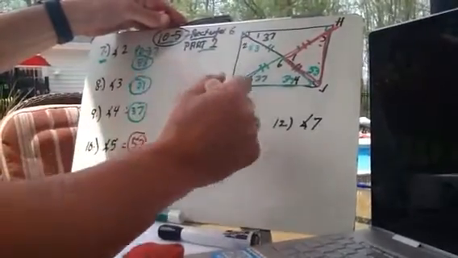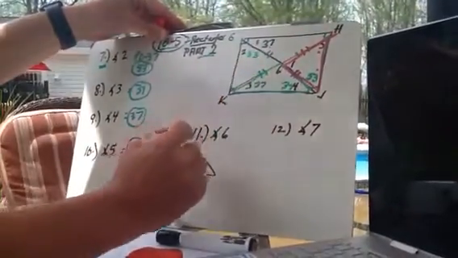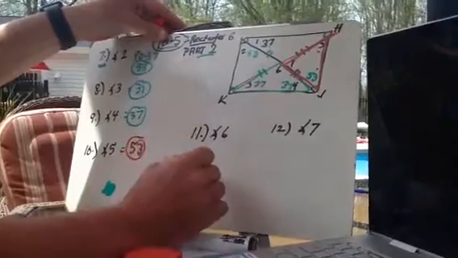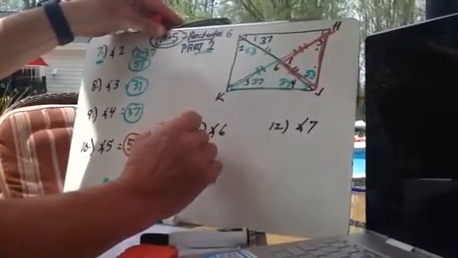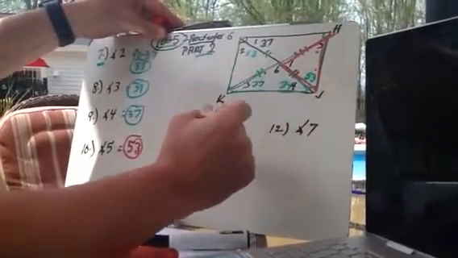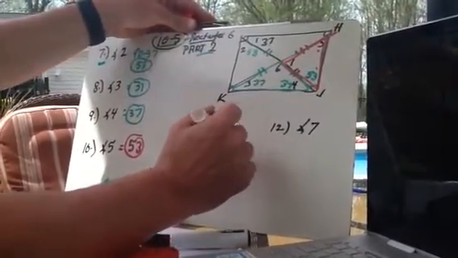Angle 6. As I look at this triangle right here, I have 37. I just redrew it. This is K, J, and whatever this is right here, that's okay. 37 plus 37, and we're finding angle 6. So angle 6 equals,